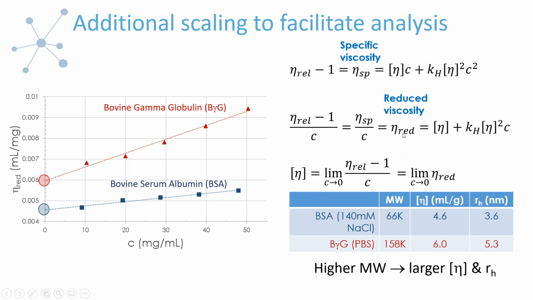So now the desire for this type of scaling is that when you plot the reduced viscosity as a function of concentration, now it's very easy to obtain this intrinsic viscosity parameter, again, remembering it's reflective of individual molecule behavior, from the intercept, as we can see here for some model protein solution data that we have. And this then is a somewhat more rigorous definition of the intrinsic viscosity. It's the limit as concentration goes to 0 for the reduced viscosity. So that's the more rigorous way of defining intrinsic viscosity.